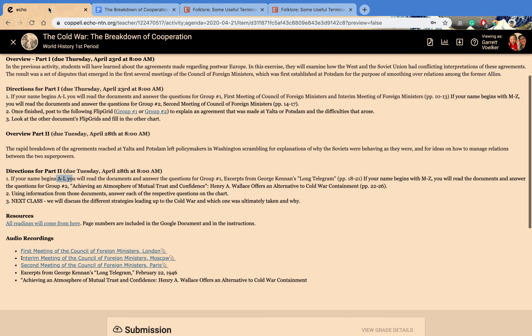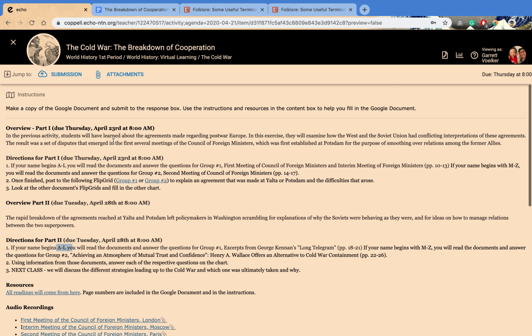So we're going to get into that. But today, the 21st, we're really going to focus on the breakdown of agreements. And then on Thursday, the 23rd, we're going to see some of the responses that the United States is taking towards these disagreements and difficulties from the Soviet Union.